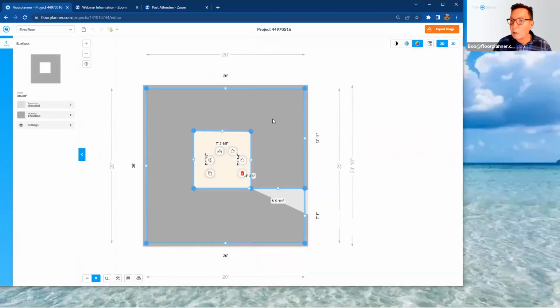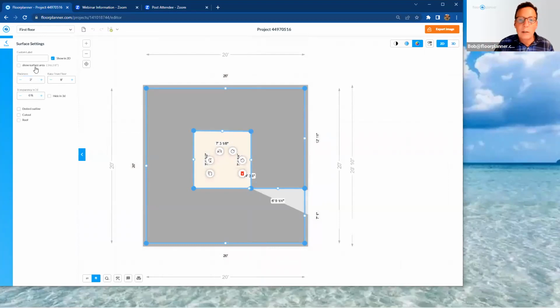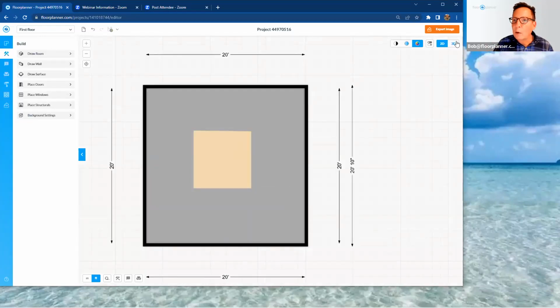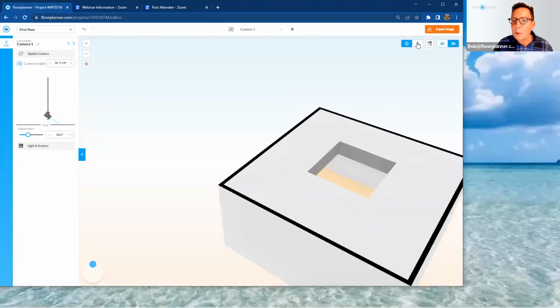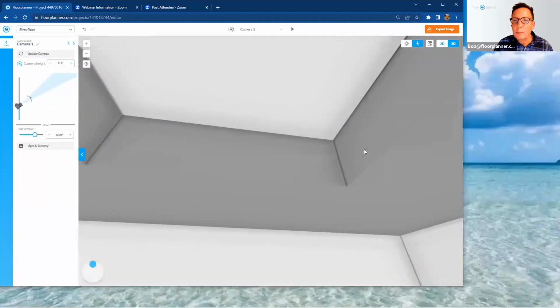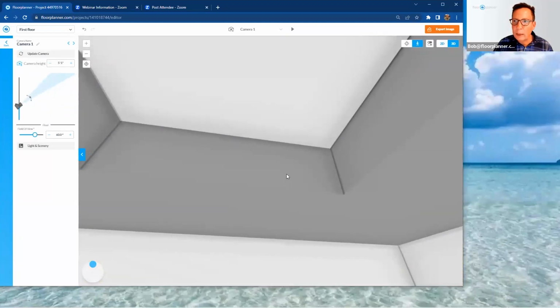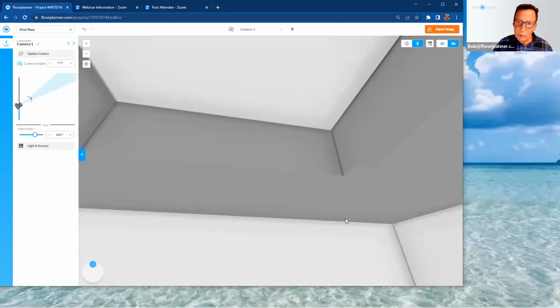I can left click that biome as a surface, go to its settings, give it some thickness, 2 feet to finish out that 10-foot high ceiling, and go into our 3D. Hole in the middle, go into our room with the walking man. Looking up, it was nothing but a surface created in its size, raised from floor to be 8 feet instead of 10 feet, gave it 2 feet in thickness to finish out to the 10-foot. This is the actual ceiling of this room at 10 feet, but this is the applied surface that we use to create